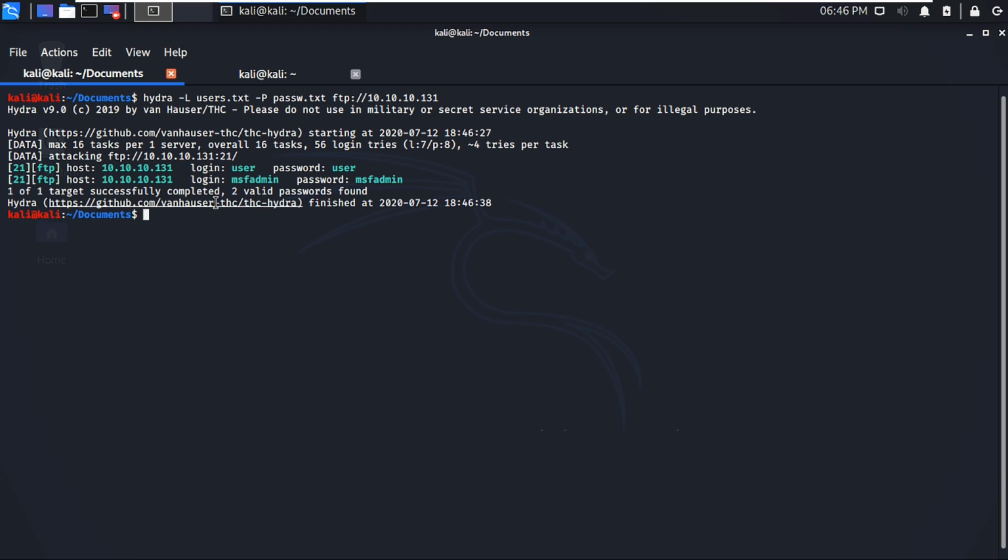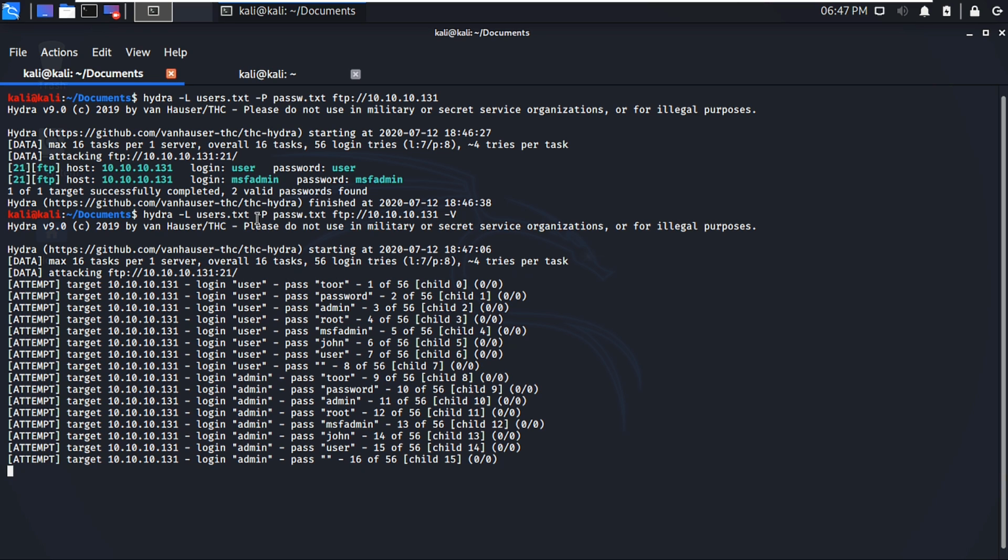And here you can see the username user and password user was successful in logging in to the FTP server. And the msfadmin username and the password msfadmin were also able to log in successfully. Now if you want to see how this process is going, you can pass -V, which is for verbose mode, and here you will see how the process is going on.